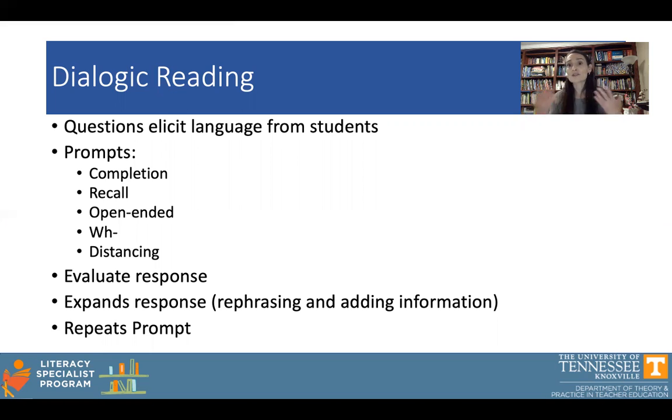Open-ended is going to be questions that the teacher or the reader will ask about the text that is read. WH questions are the questions that will help the learner better understand and expand basic vocabulary. So these will be the WH questions like,